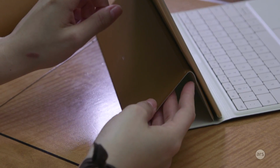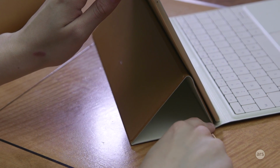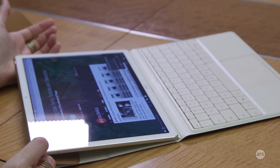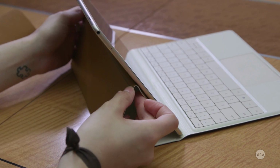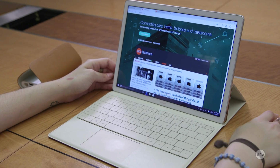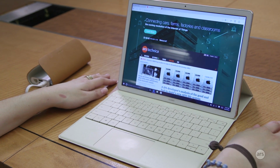So it only has two angles of view, and it all depends on where you put this flap. You can have it flush with the bottom like this, or you can move it up a little bit and it'll go down. Like that'll be your lower viewing angle. If you move it a little bit, it'll fall, and that was me just pushing it. So you can imagine when I'm on my couch just sitting around, this will just fall down like this. I was kind of disappointed with that, but that's like most other hybrids if they have a flimsy keyboard